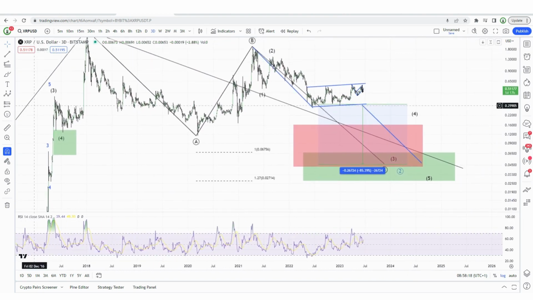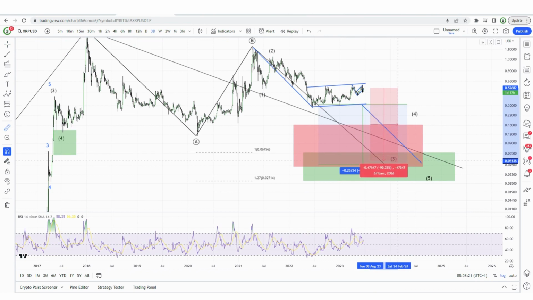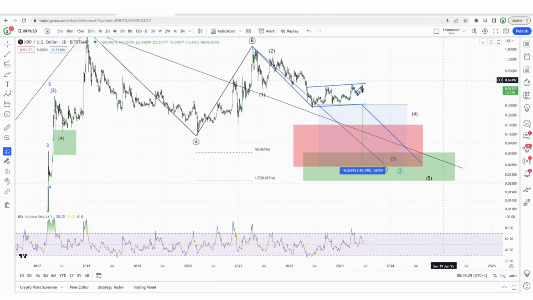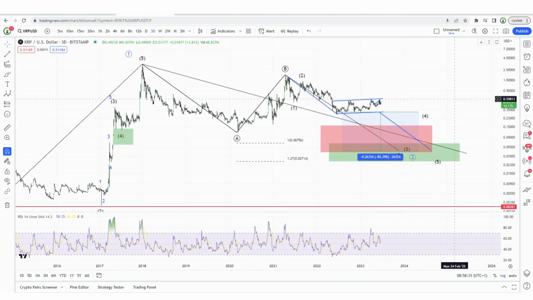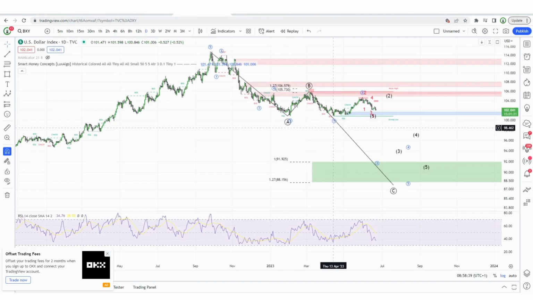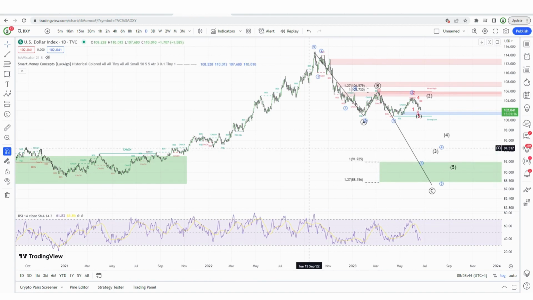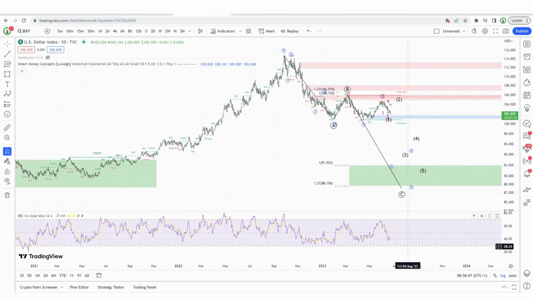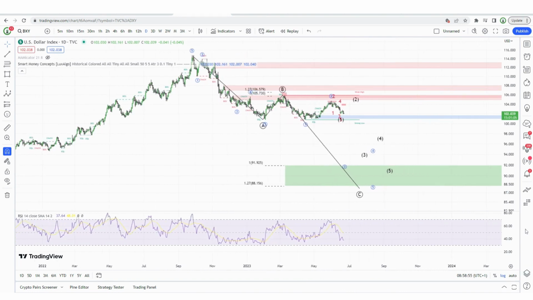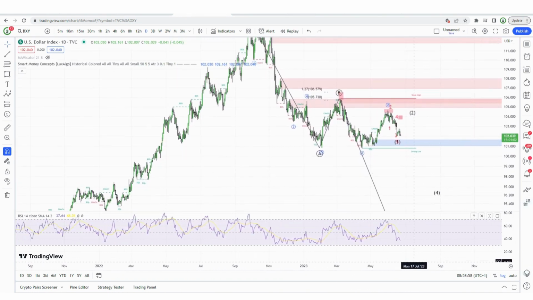And when it breaks down, we're talking about 90%, no, maybe even more than 90% drop. And again, nobody is talking about this, but it's just something that I need to share. If we look at the DXY, this is what's throwing me off. So the DXY could also be in an ABC correction. Or this turns out to be some sort of inverse head and shoulders, and that actually the low is already